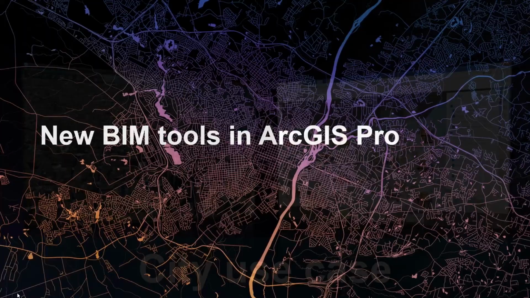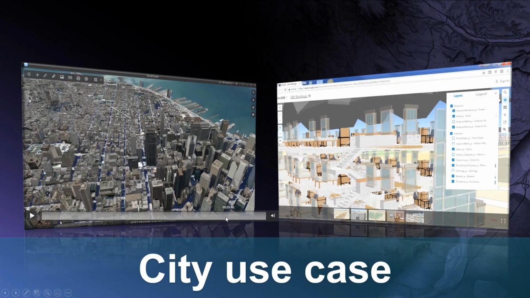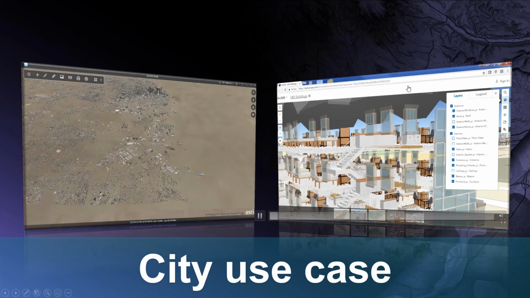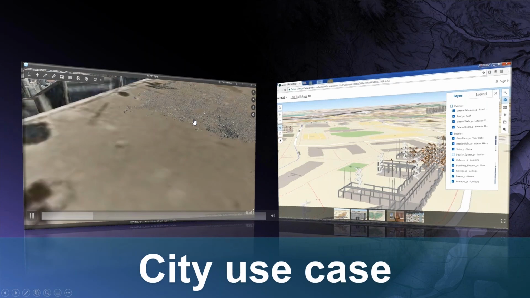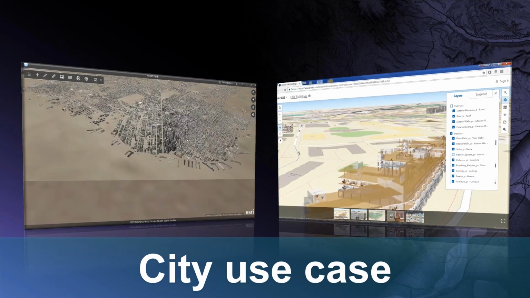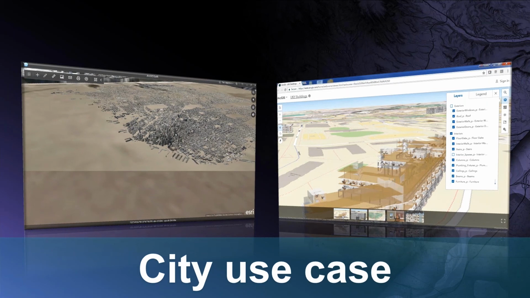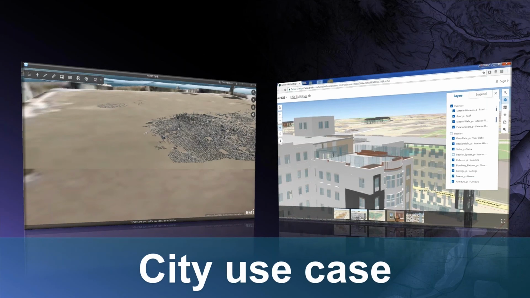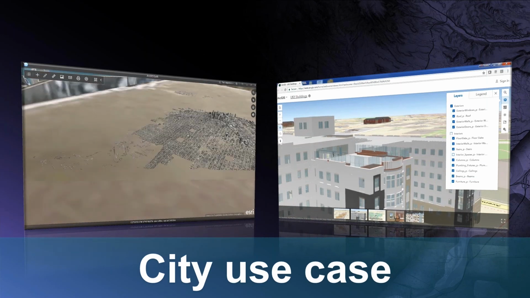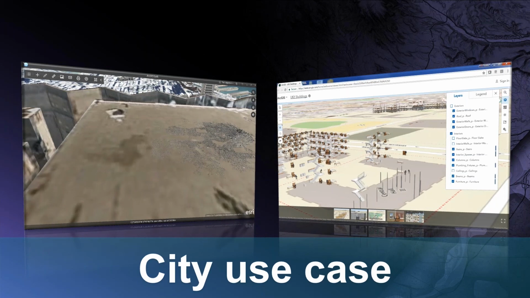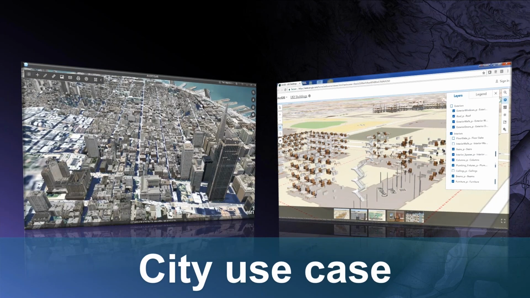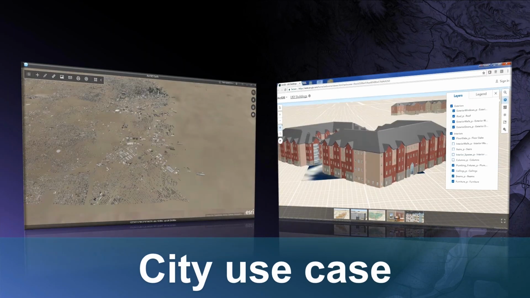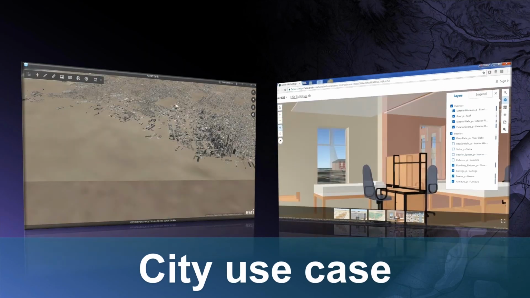Now, looking at a larger scale of application, we have the city use case. So this is sort of an inception that's happening here regarding GeoBIM. The data was actually uploaded within ArcGIS Pro, and it's the whole cityscape captured in 3D. What they did is they captured the whole cityscape and then applied it on top of one of the buildings within the area